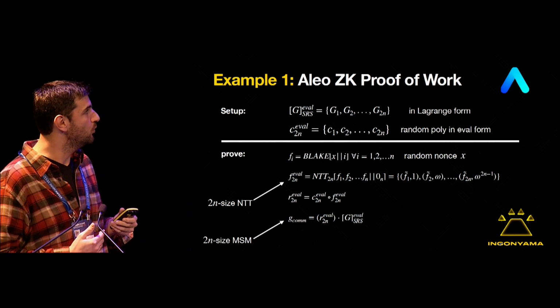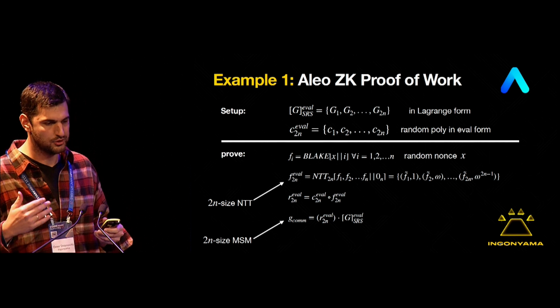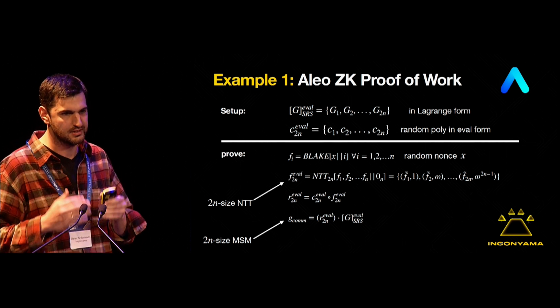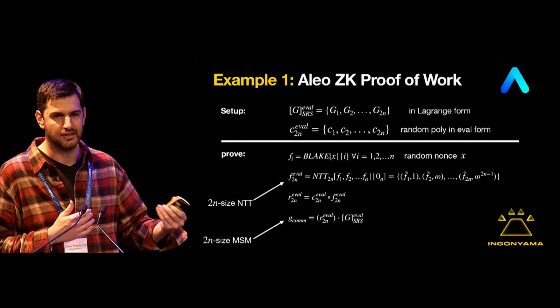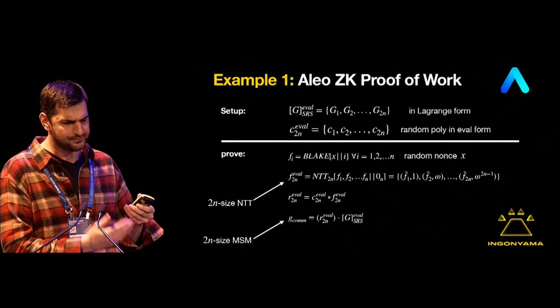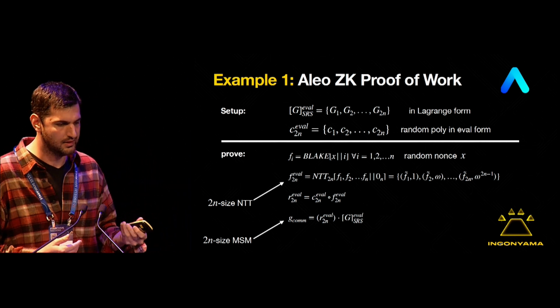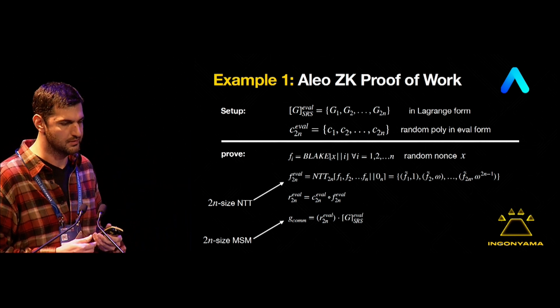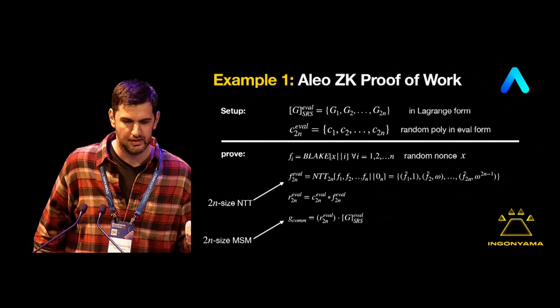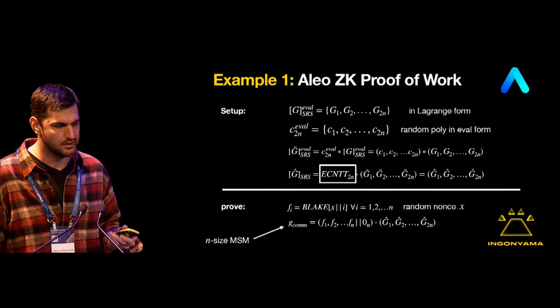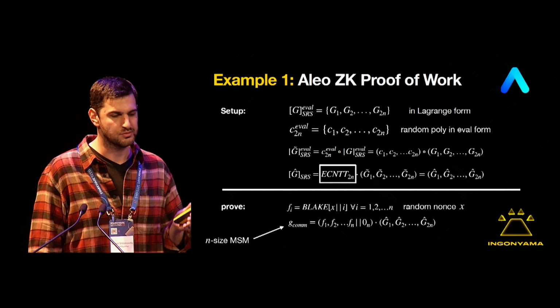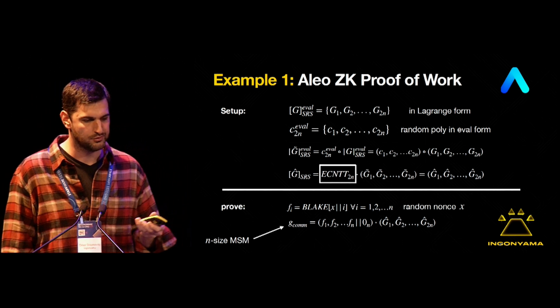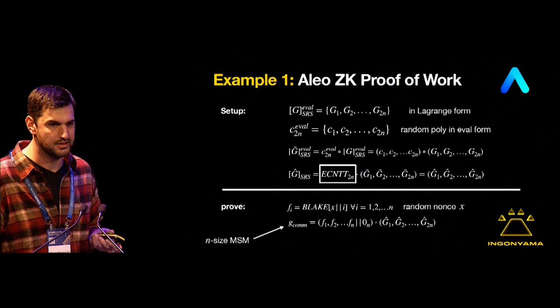And without going into the numbers, I wouldn't have time to go step by step, but basically we have a setup or pre-processing phase, and an online or runtime phase. You can see that the main operations here are the usual NTT and MSM. One thing we noticed is that we can extend or add some operations to move some things to the pre-processing phase, and then we are left only with a smaller size MSM in